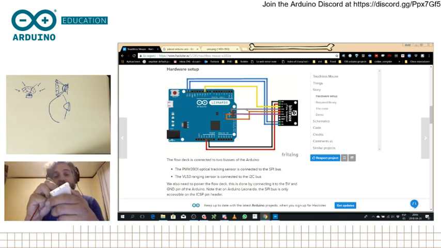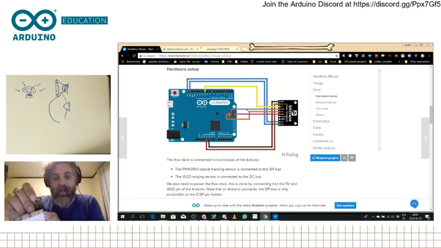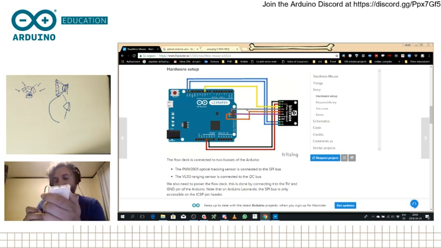Okay, so the first one is ground. I'm going to put the brown color for ground just to be very, very safe. And the second one is power, so I'm going to put the second one red, again to be very, very safe and not make any mistakes. And the next one is called CS, which means chip select. So ground is going to go to 0 volts. There you go. 5 volts is going to go to the red one. Then chip select is going to be pin number 10. So there you go, pin number 10. Okay. These are the first connections.